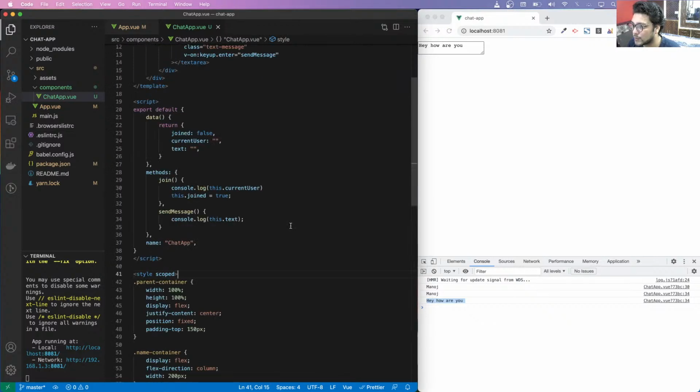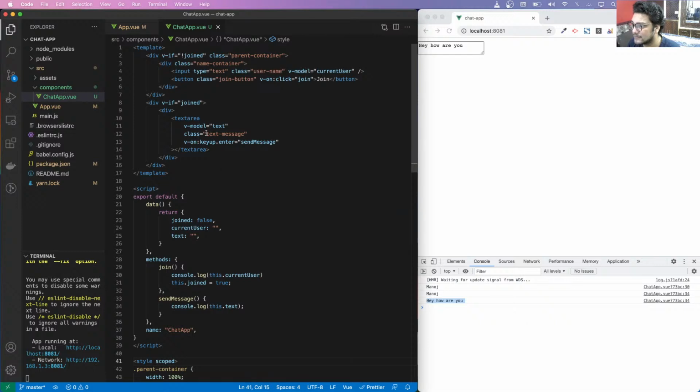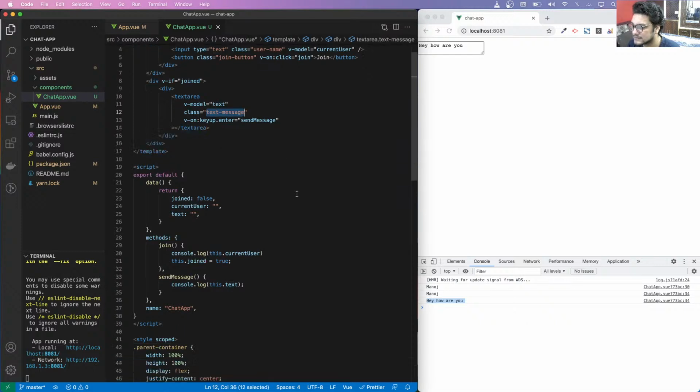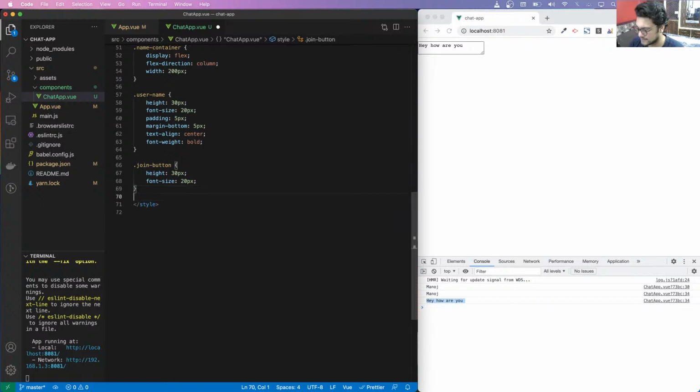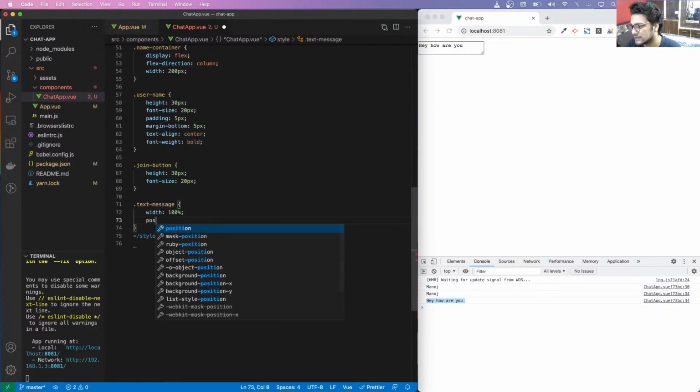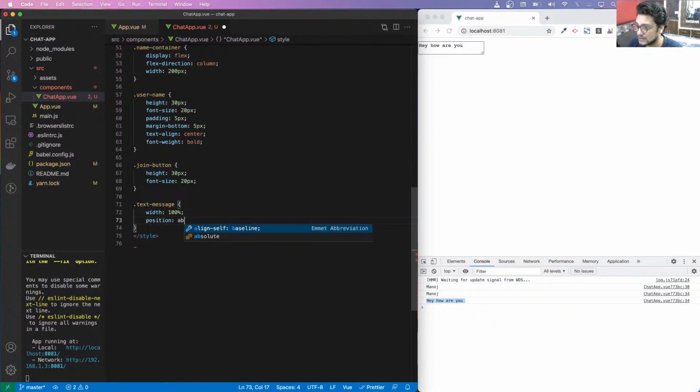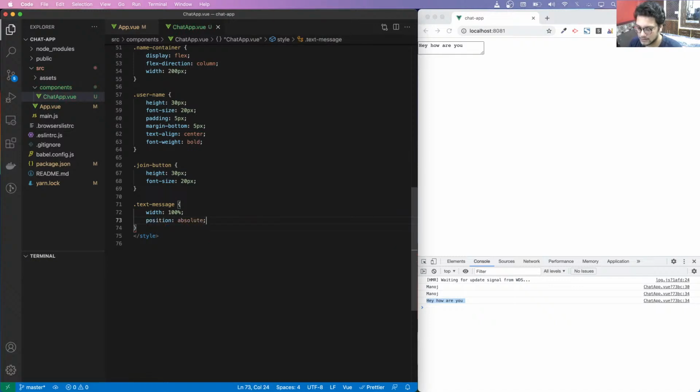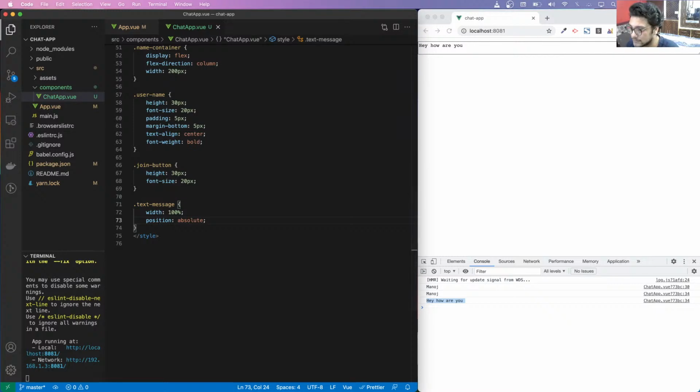So where is the text area? We have a text message class, right? Now let's firstly define this here, and let's say width to be 100% first. That's first, right? And then position, I'll tell you in a bit why I want the position to be absolute. So position absolute. The reason being,